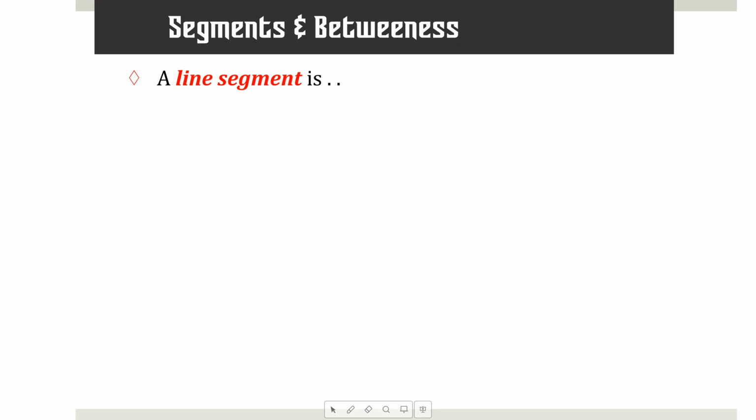Okay, so a couple things that we need then for the line segment. Number one, it is part of a line. Good. Number two, it's finite. Is that enough? No. Part of a line that's finite to define that. So before we have that discussion, what I'd like you to do is draw a picture of a line segment in your notes so I can come around and see it.